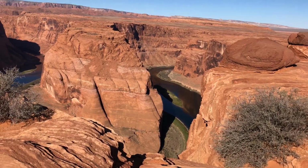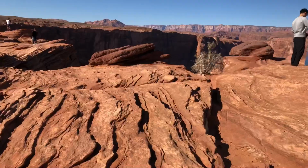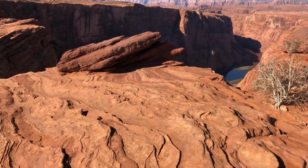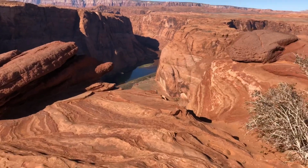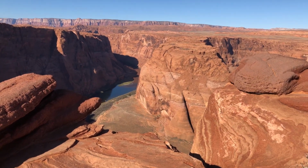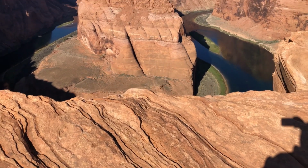There is quite a bit of area right around this overlook and a lot of rocks, a lot of different viewpoints that you can see the canyon from. So I really just kind of used the time to walk around. I wasn't exhausted after this 3/4 mile, plus most of it was downhill. I knew I'd have to walk uphill on the way back, but I really just tried to kind of walk around. I tried to get some different picture angles and give myself some exercise at the same time